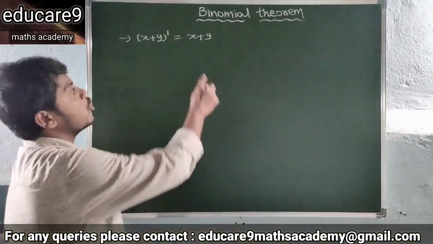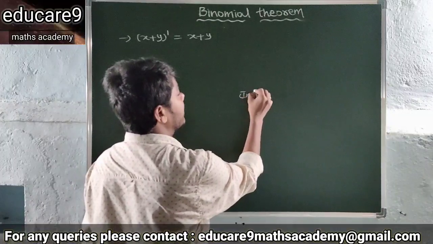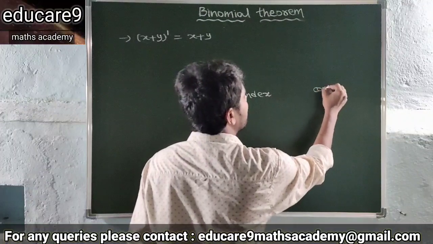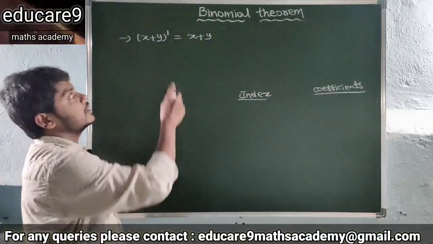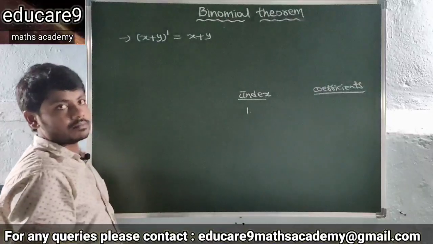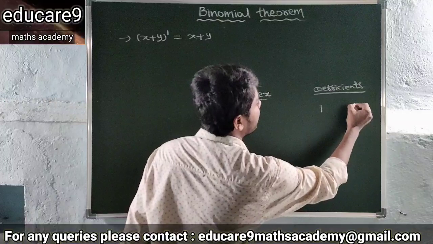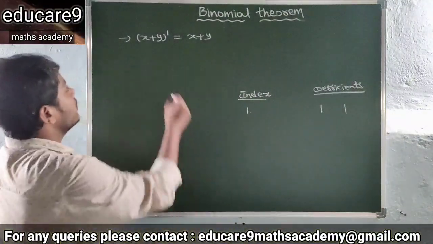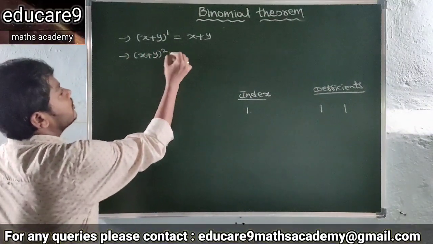Clearly, what are the coefficients of x and y? 1 and 1. Here the index, that is the degree, is 1, and the coefficients are 1, 1. For example, if the index is 2, that is x plus y all to the power of 2, then this can be written as